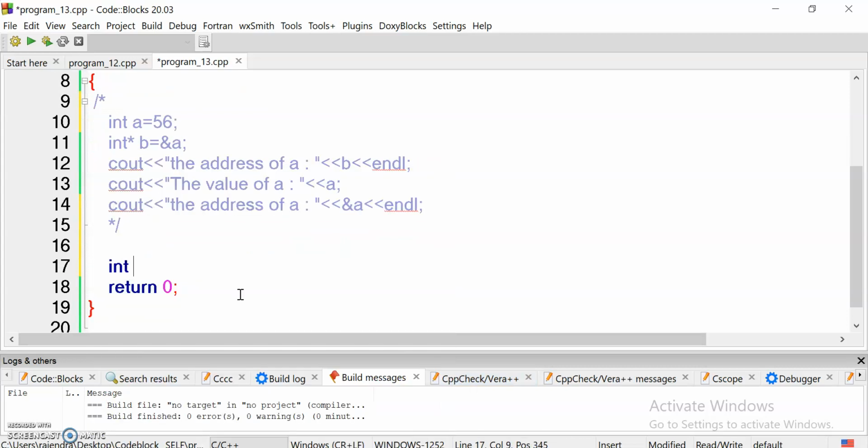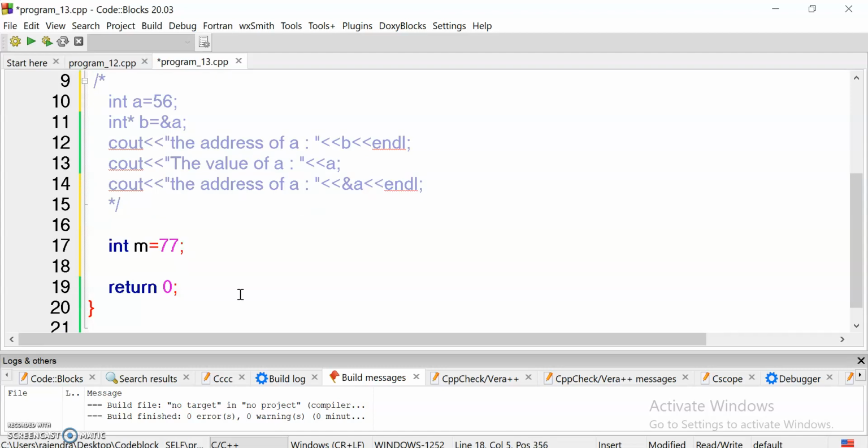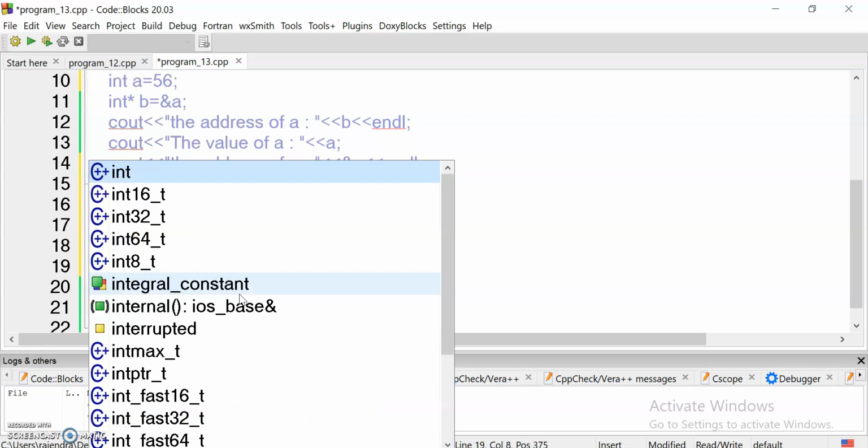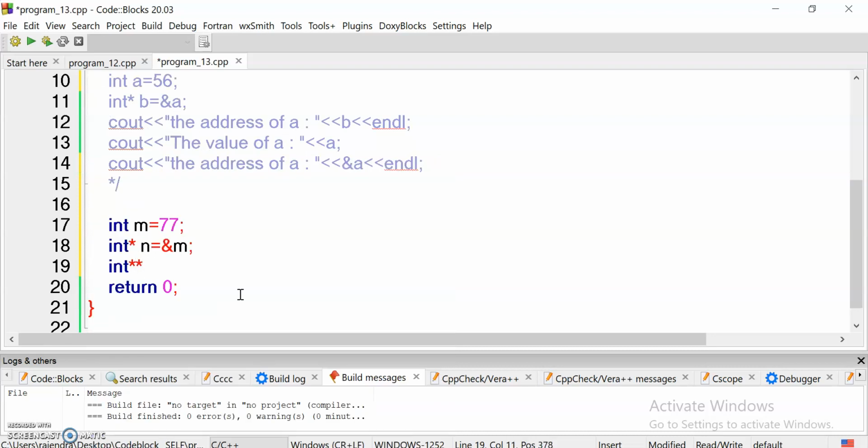So see, I make a variable m, and I store an integer value 77 in it, and make another pointer n that can store the address of m, and make another pointer to pointer of name p that stores the address of pointer n.